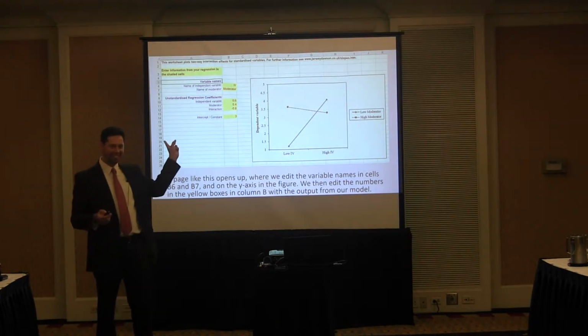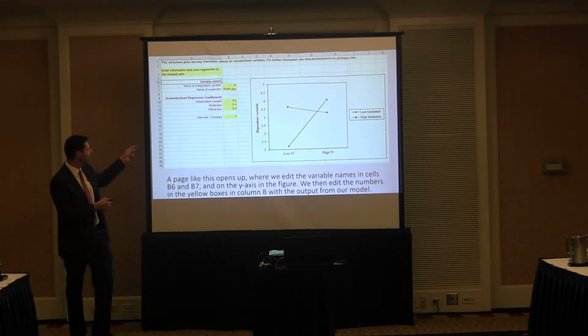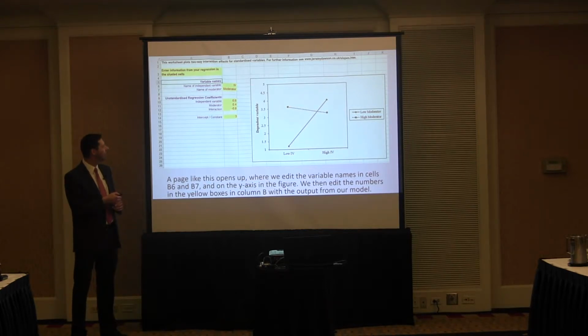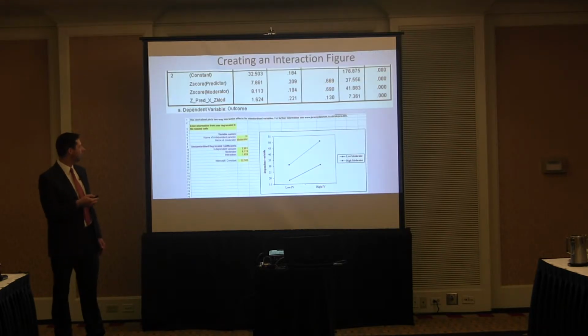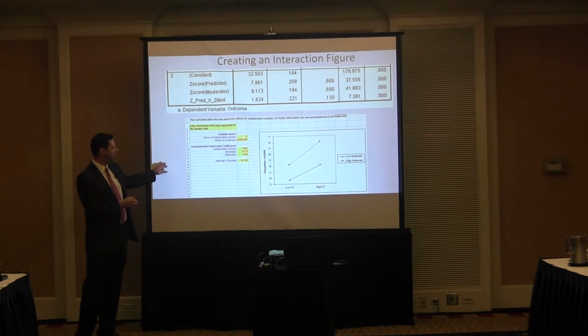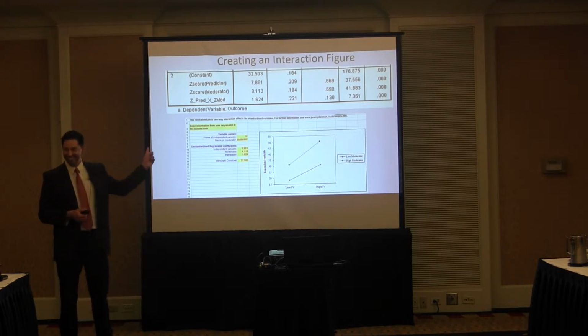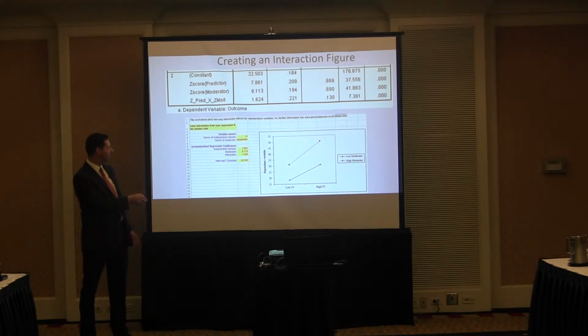Okay. So does it look kind of like this? This is how it was defaulted on mine when I downloaded it. We're going to change these two words up here. Where it says ID, we're going to put in the names of our variables. Where it says these numbers here, we're going to put in our output. So here is our output right here. You can actually just leave ID and moderator because this is a variable called predictor and moderator. But if you leave those in here, the constant, 32.503 is our intercept. We can put that here where it says intercept or constant.